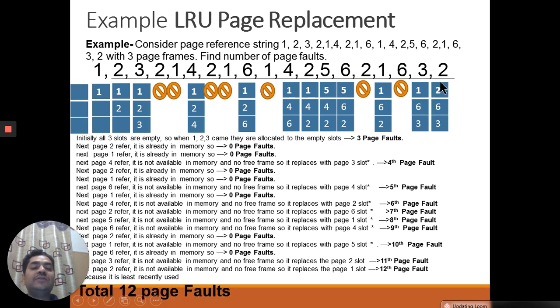Here you see that 2 was recently removed but it is used in the future, so that's why in the LRU page replacement algorithm, page faults may increase. In optimal we use